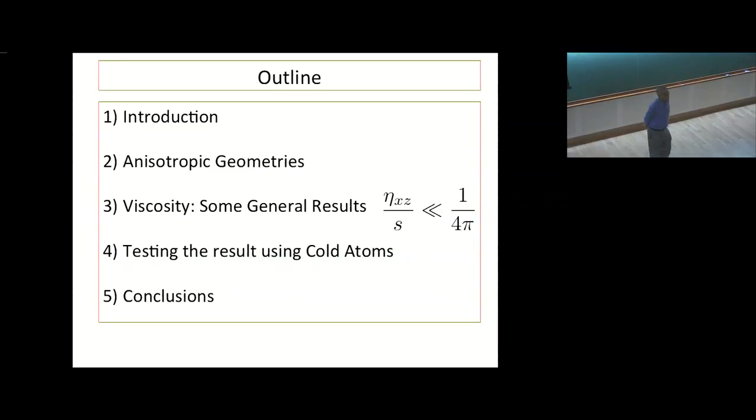Of course, we don't have gravitational duals of systems we can actually observe in nature. But given that in the isotropic case, one has found, for example, in the RHIC experiment and in cold atom experiments that eta over s is quite close to this bound that comes out so beautifully from gravity, 1 over 4 pi, it prompts the question, can this very general qualitative behavior that comes out for anisotropic systems from gravity also be seen perhaps in experiments?